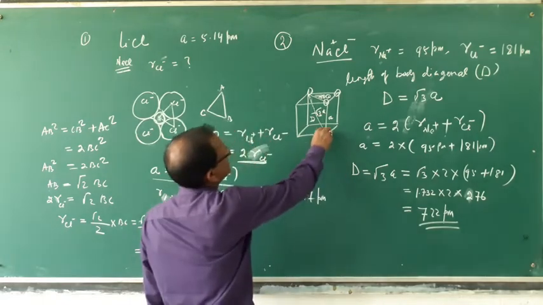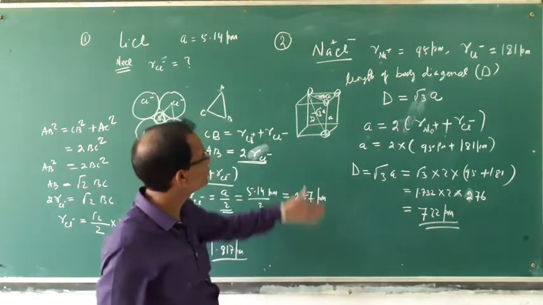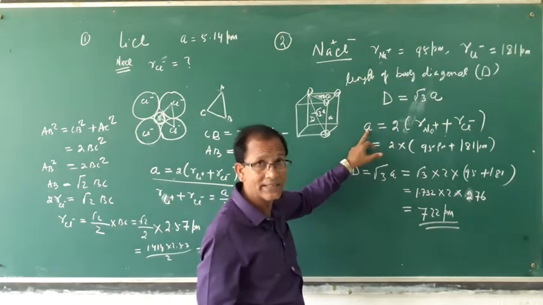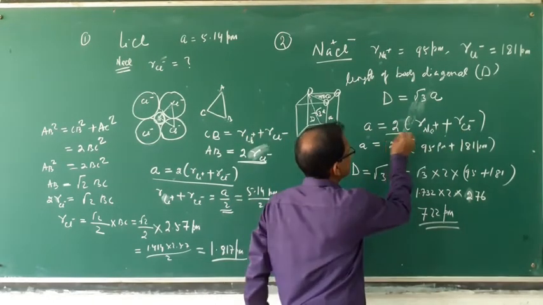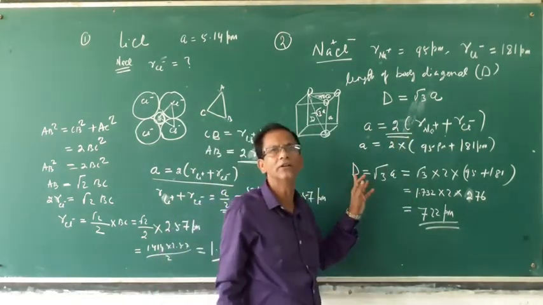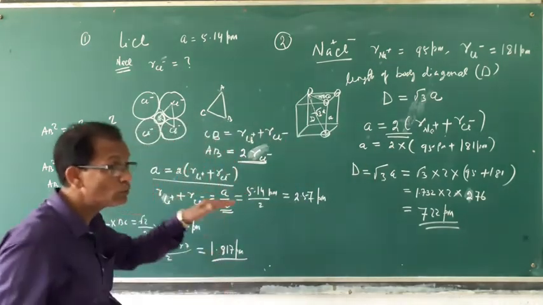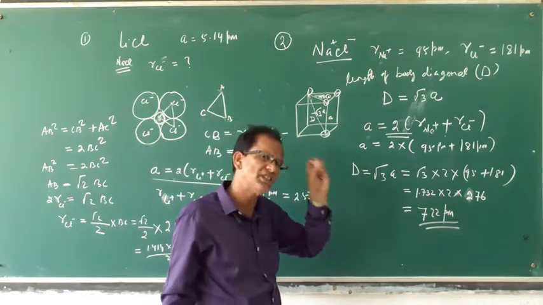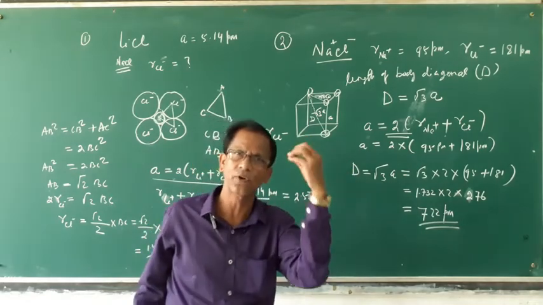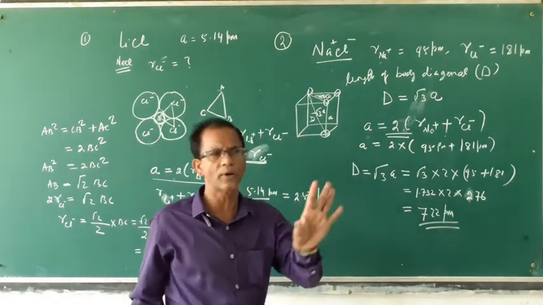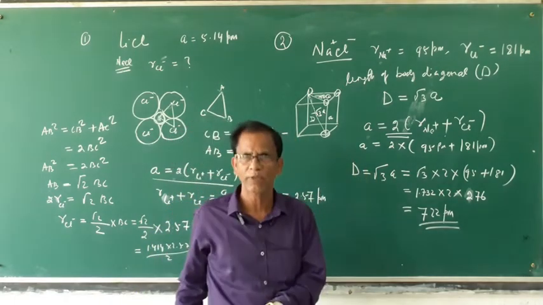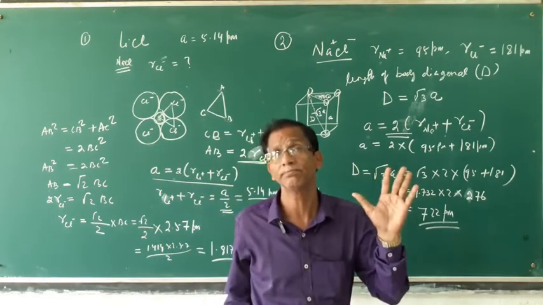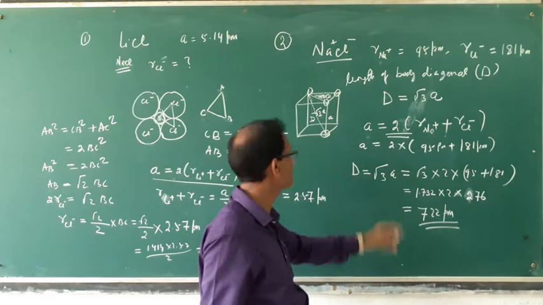But the question only gives cation size and anion size. So indirectly, cation and anion size is given. We have to calculate the a value, that is edge length, by taking cation and anion. This formula is very important. Then you will calculate the body diagonal. So like this, a question will ask with a hidden step to be calculated. Some questions are very easy and direct formula based. We generally will not discuss those because you can solve them directly. But we are discussing the hidden-step ones. This is very important for competitive examinations.